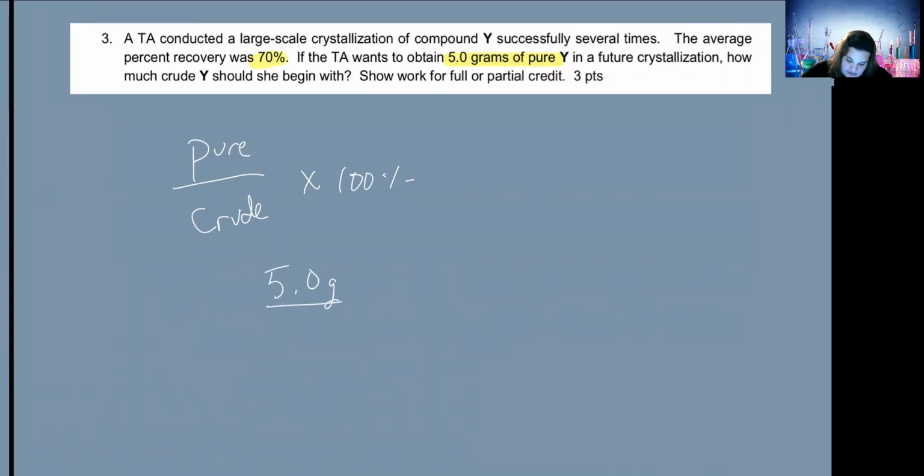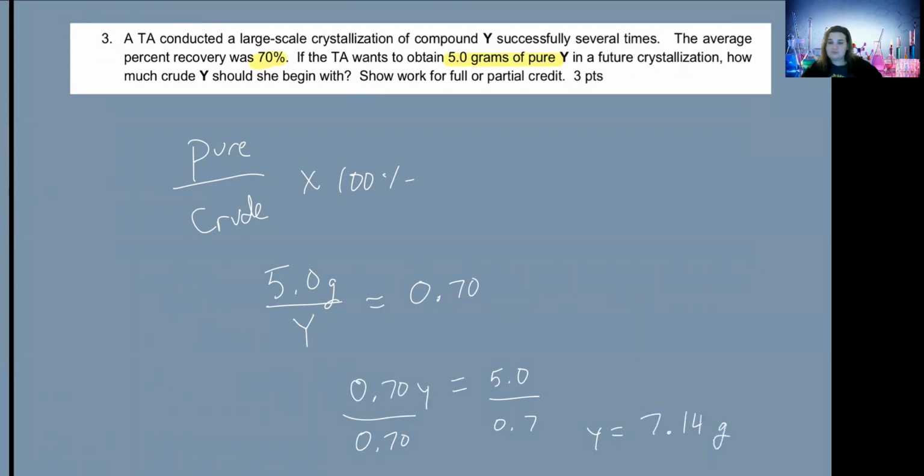Crude is, what is it, Y? We could use Y. Yeah, crude Y equals 0.70. So now you got to get fancy with the math a little bit. 0.70y is equal to 5.0. You have to divide by 0.7 on both sides. So y ends up being